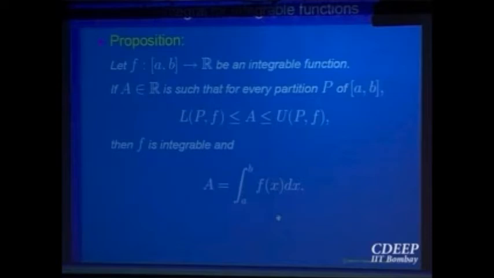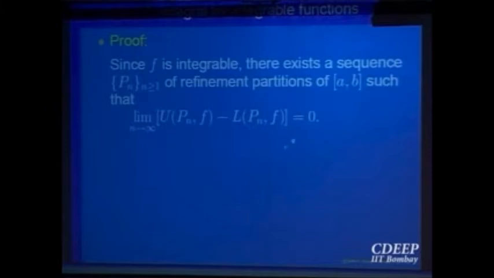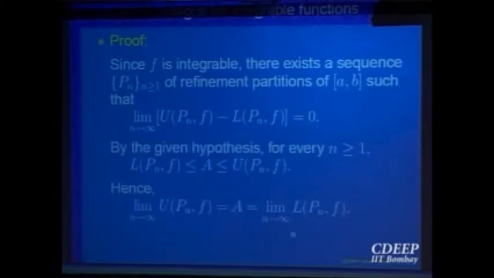And the proof is straightforward, because if it is integrable, the difference will go to 0, right? Both are converging to the same thing. So a must be equal to the integral. So that is the proof. This difference goes to 0. So a being in between implies that it must be equal to the integral. So the proof is a straightforward application of the criterion for integrability, that the upper and lower sums go to the same limit, and if something is in between.